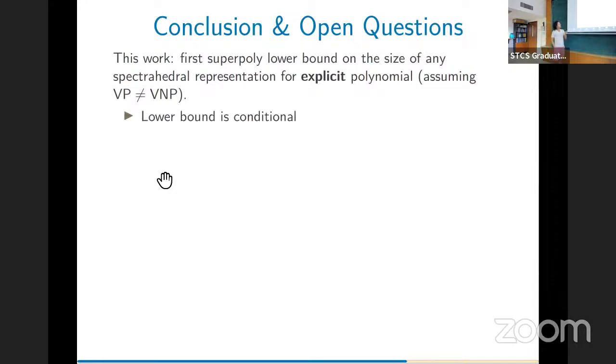Okay, so what is the problem with it? The lower bound is conditional, so clearly an open question there is to remove that. And also, the explicit polynomial that we give is itself hard to compute. If you want to do optimization, you would like a polynomial that's easy to compute, to be able to separate hyperbolic programming from semidefinite programming. So we have to take steps in that direction.